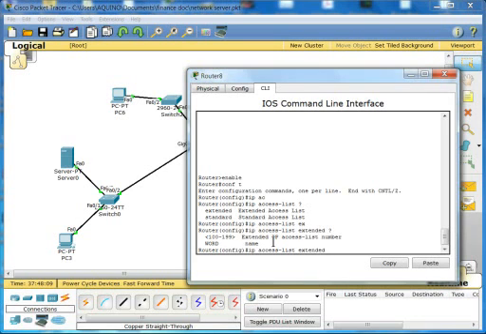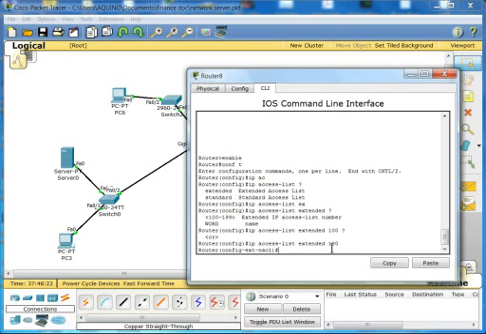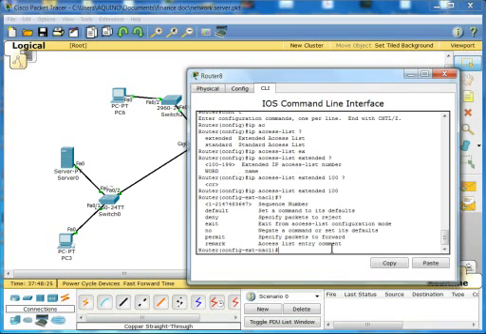Standard is from 1 to 99. I put 100. That's the number that we're going to give. Now that we are inside of the access list, what we want to do is deny. I mean permit, because at the end there is an implicit deny any, and we want to permit